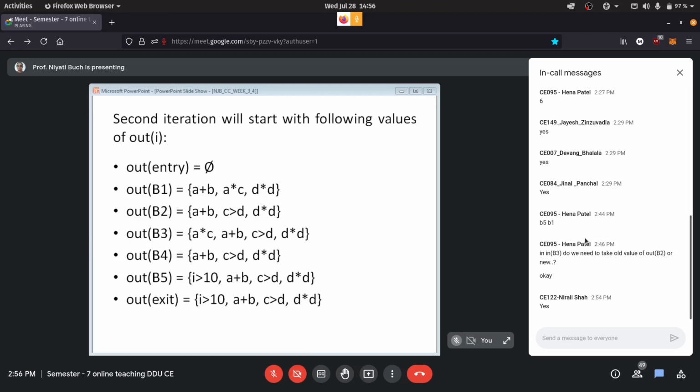Let me just walk you through the steps, and then if you want, you can do it at your own pace. But at least if you have done the first iteration here with the class, then you know exactly what you are supposed to do. So let me begin with the next iteration. Do you want me to wait for you all to calculate the first iteration?